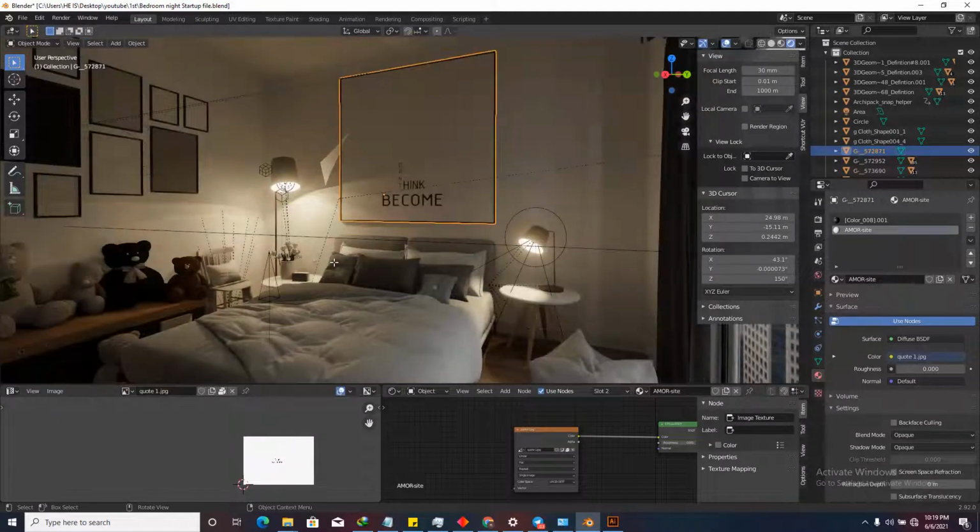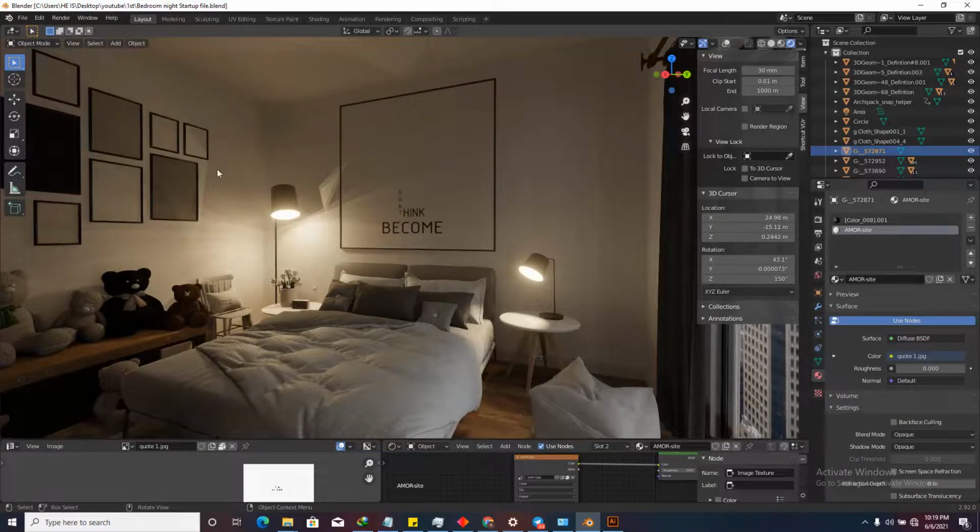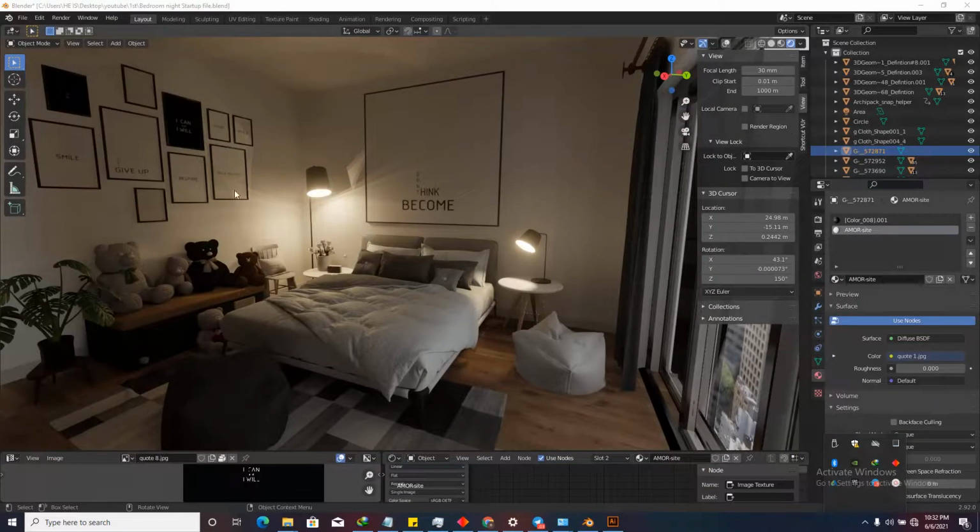Activate this overlays. Press Tab on your keyboard in order to get out of edit mode, or you can use this one, edit mode, and then object mode. I'm going to press Ctrl S. So now we have our frame right here. So by this process, you can place the image that I have placed in the description all over right here. So as you can see, I've finished placing the image,